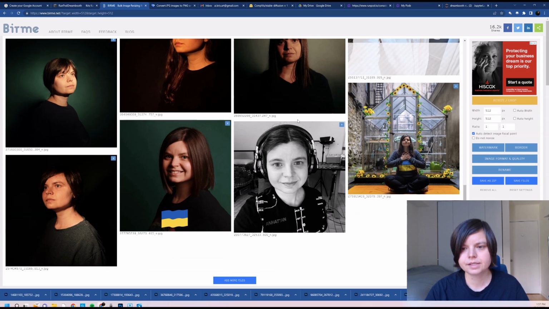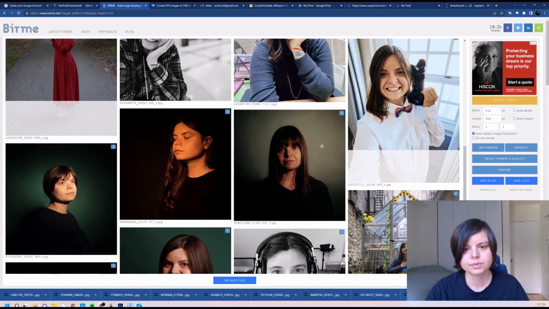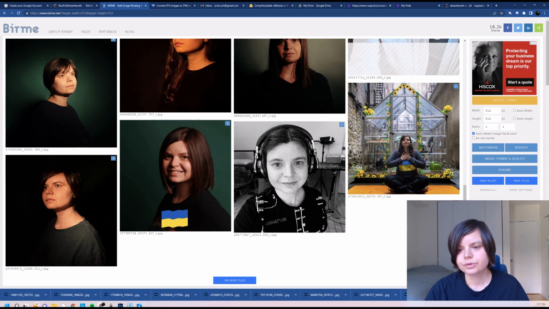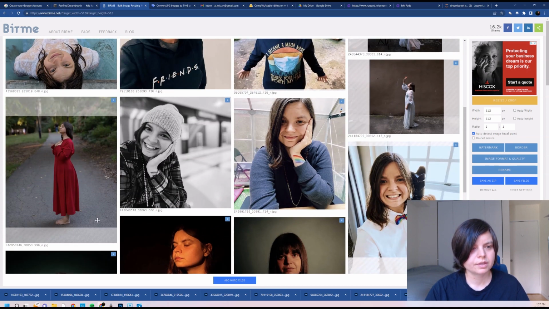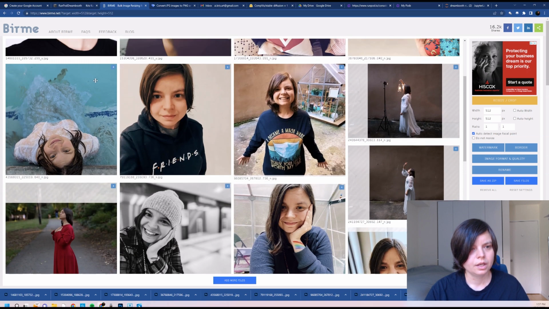And as you can see, I chose images or like close-ups of my face. I also chose images where there is a little bit of my body, and I chose a few full body images. And I recommend you doing the same, and just make sure that you include all of you in those